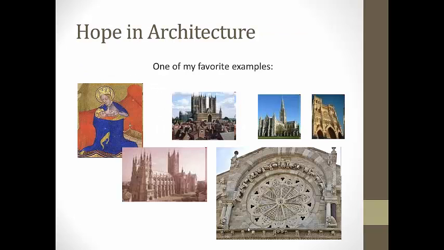We have many representations of hope in architecture, but one of my favorites is the collection of buildings that we know collectively as 14th century cathedrals. They're European, and there's a bunch of them that were built during the 14th century, which also happened to coincide with one of the most devastating events in human history that has impacted mankind collectively, which we know as the bubonic plague, which swept across Europe in roughly